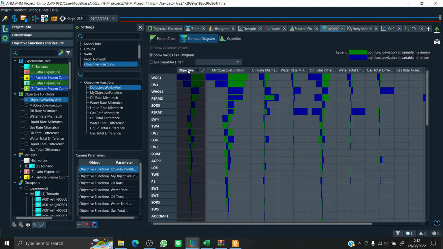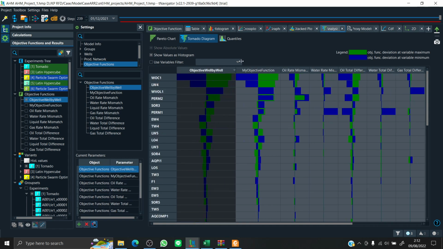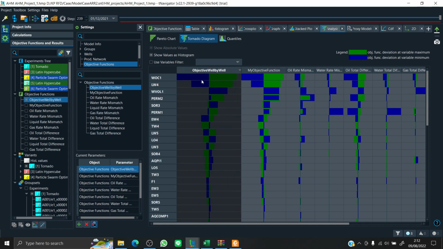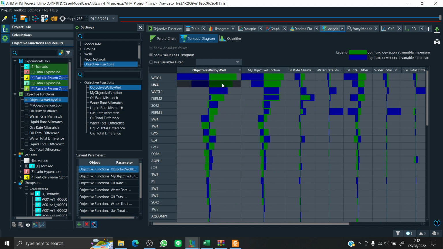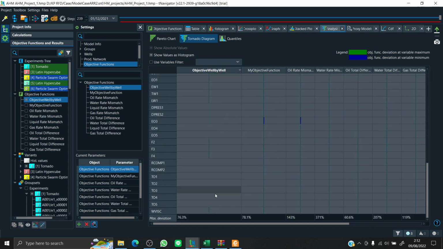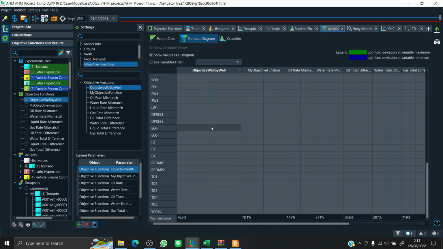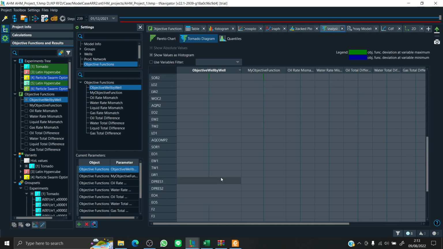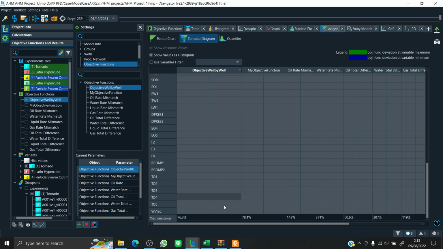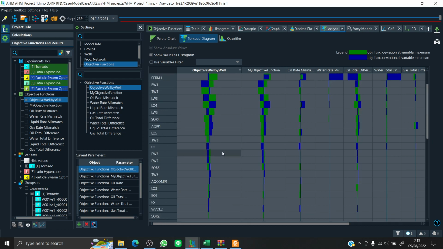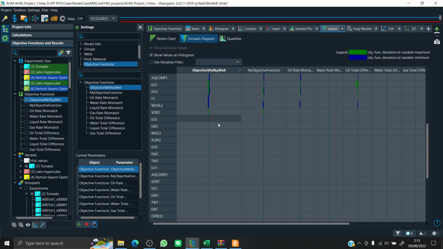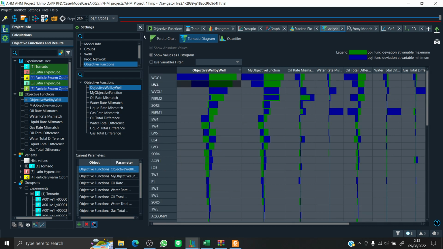So the variables affecting my custom objective functions are WOC1, and some variables aren't affecting the results at all, maybe, judging by the size of the tornado chart. You can also use the Pareto chart.